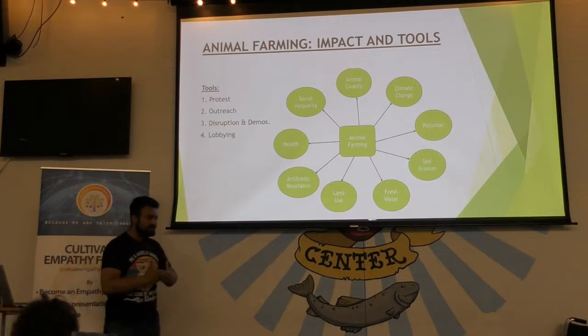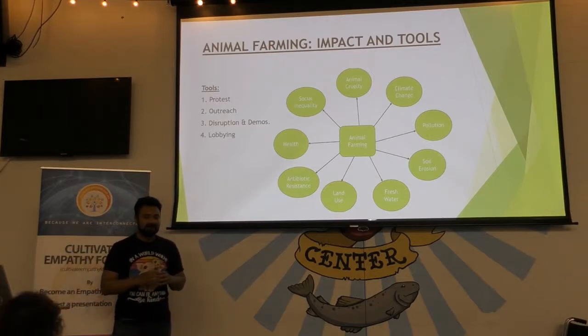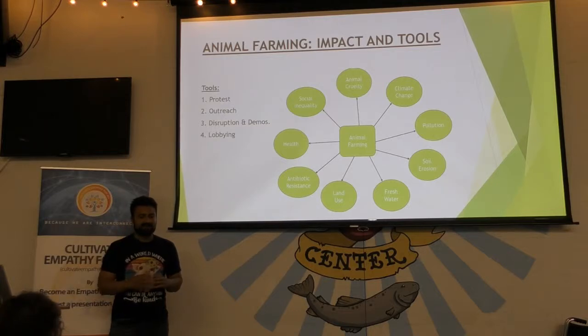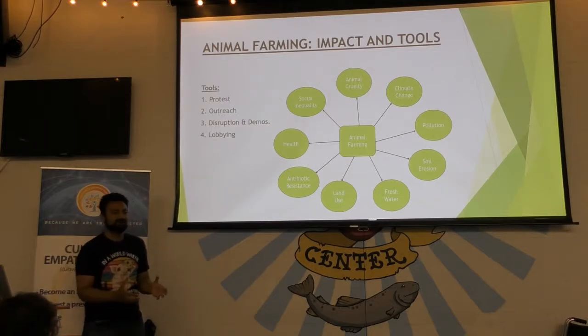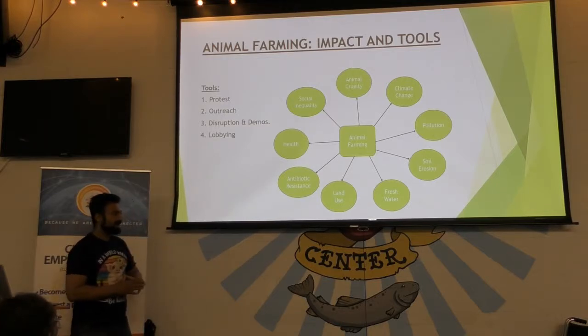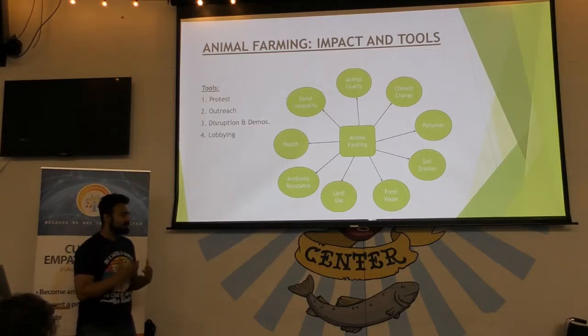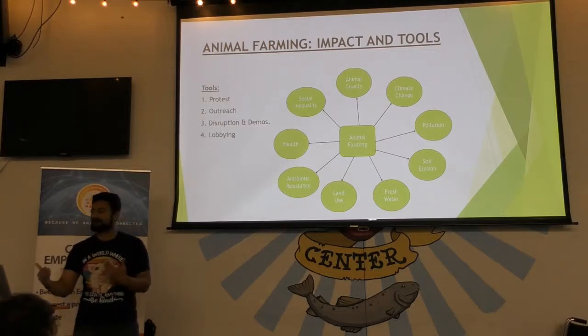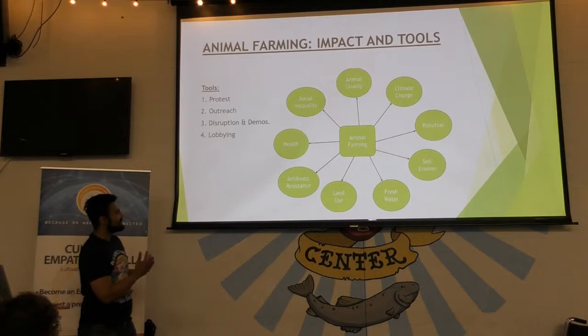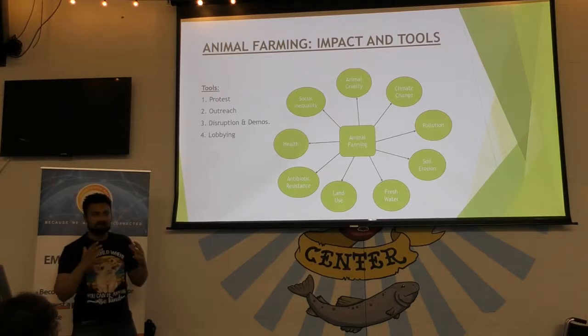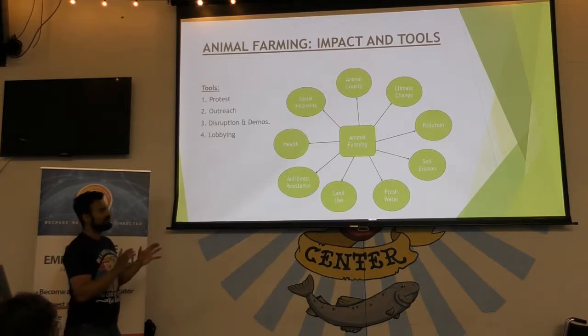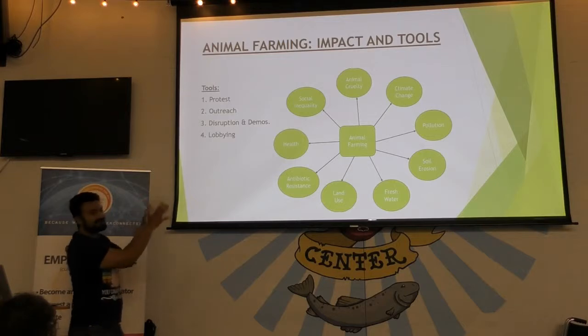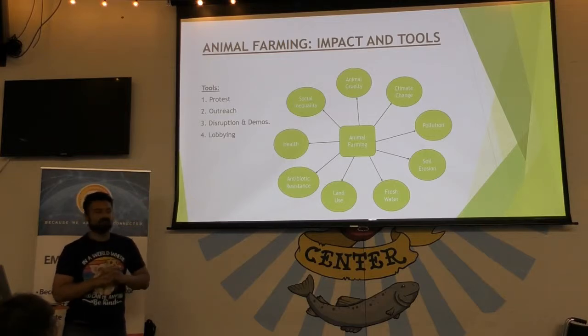And when we do lobbying, we have to follow the mindset of a salesman or saleswoman. What I mean by that is we have to understand the priority of our audience. And in this case, our audience is government. So we have to see from the perspective of the government what their priorities are when we do lobbying